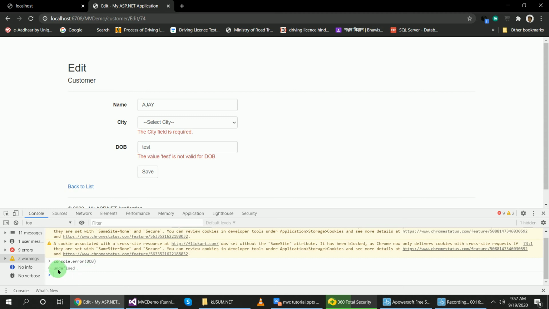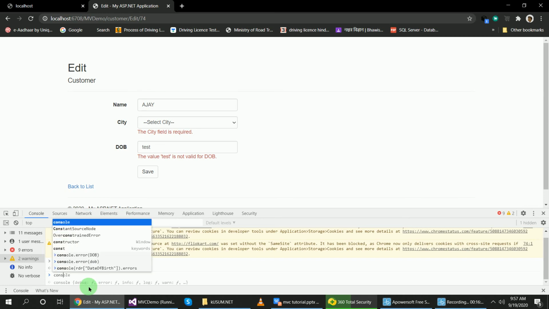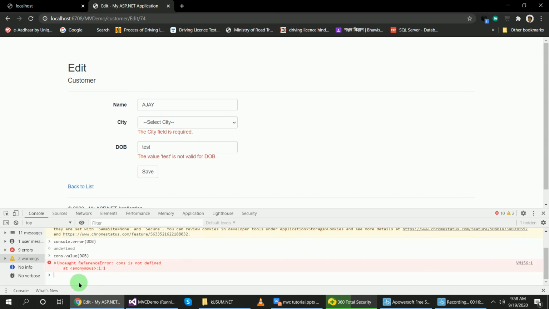And if I pass the value of DOB, it displays that it is not defined.